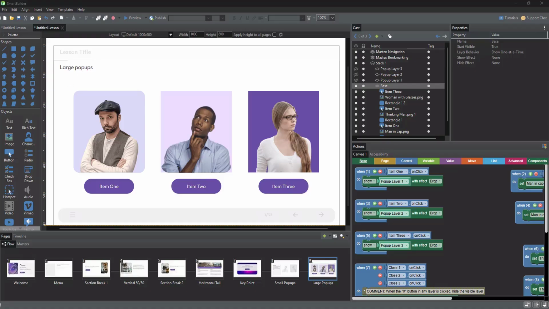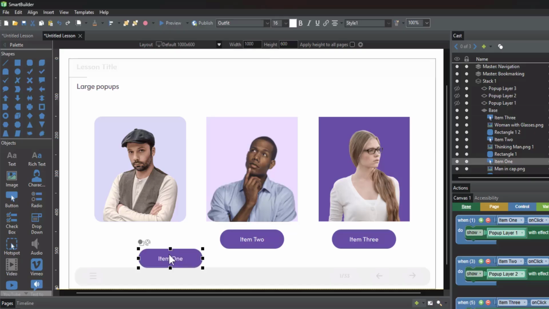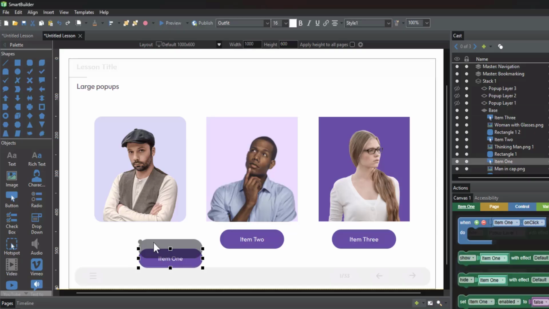So here's some neat features for moving objects around. The first one is the alignment blue lines. As I move this around, it will tell me that this is centered on what I presume is this image above, and that horizontal line is telling me it's centered on the other objects. If this were a different size,